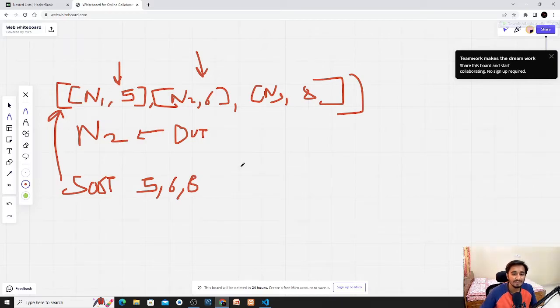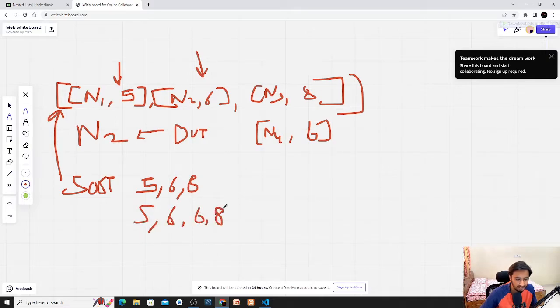And let's say there is also an n4 with the same score, another name. Then after sorting, this type of list will be generated: 5, 6, 6 and 8.